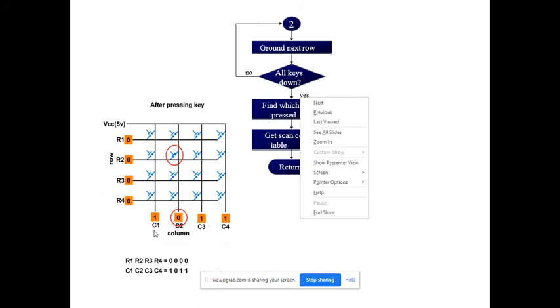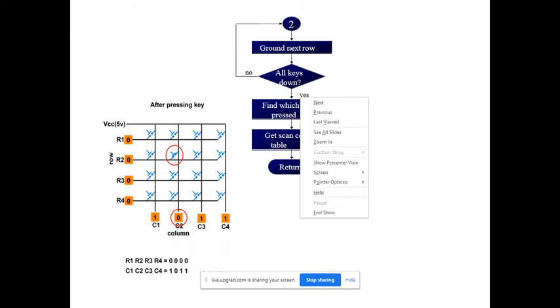Then identify the columns. How to identify the column? Now whatever number 1 0 1 1 is there, we have to shift it left. Means when this one is coming to the left side, you are rotating left by one time, that time this one is coming into the carry. Now what is carry? Carry is there because this is 1, which means the key is not from that column. Then this 0 is coming to the carry, that time there is no carry, and that time declare that the key from that particular column is pressed.